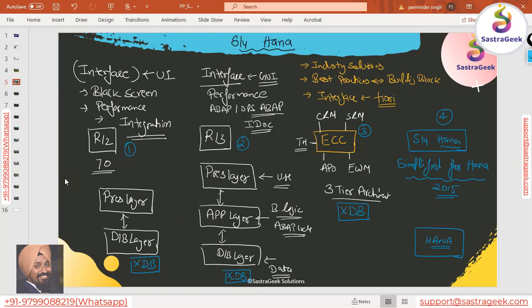Then they used that database for their core application, which was ECC, and that became S4HANA. Now S4HANA has to have a HANA database. This SAP application of S4HANA cannot be installed on any X database. It has to have the HANA database which comes from SAP.